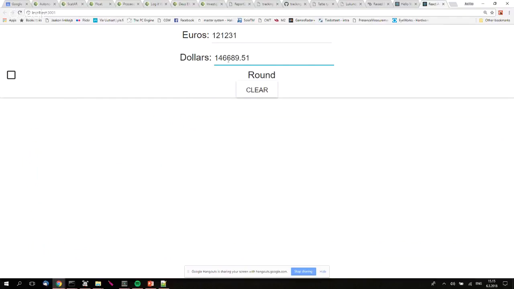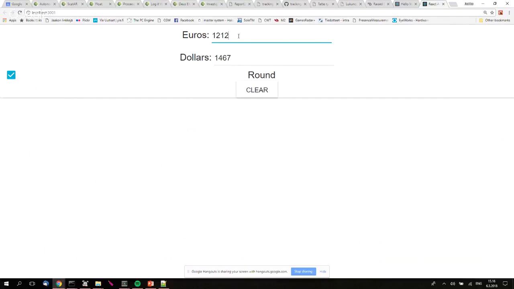It should be trivial for you based on this now to just implement similar functionality into the dollars. And in the Moodle, I think there already is a version of this where you can find the full implementation. And you can also notice that right now when I click this, immediately the rounding doesn't have any effect,